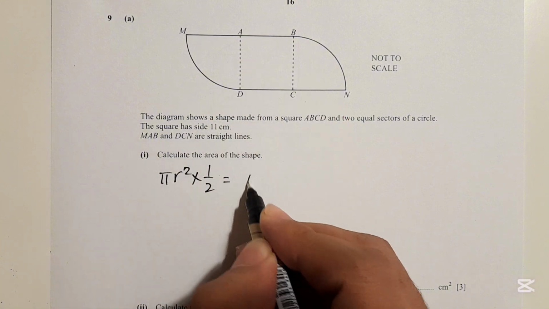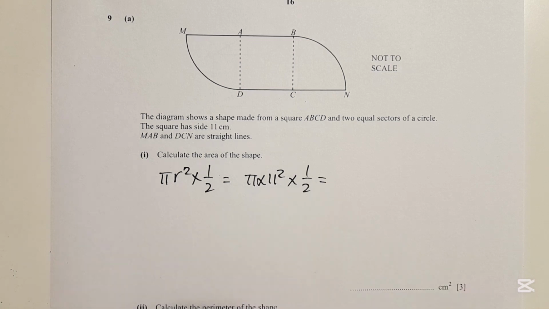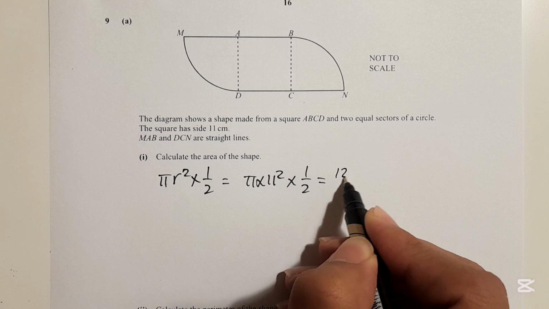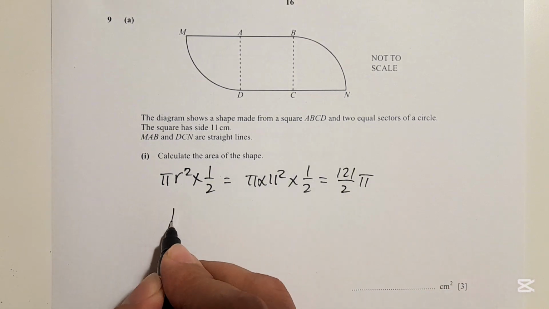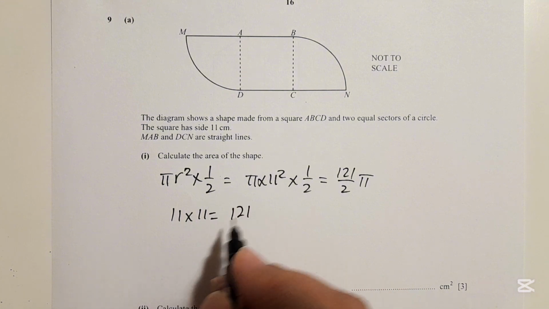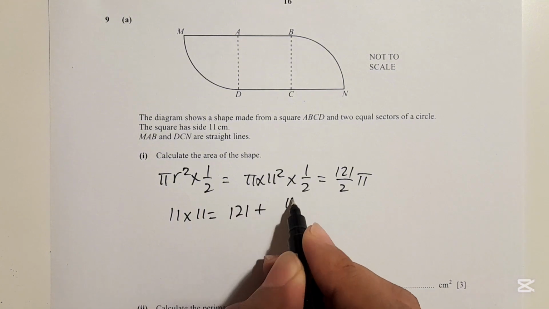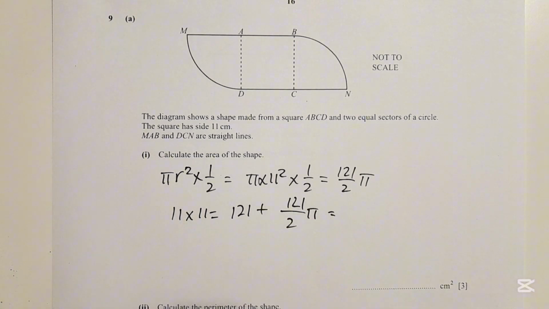So pi times 11 squared times 1 over 2, that is, by using the calculator, 11 squared times 1 over 2 times pi, is 121 divided by 2 pi. Then for the square it's 11 times 11, that is 121. So 121 plus 121 divided by 2 pi, that will be